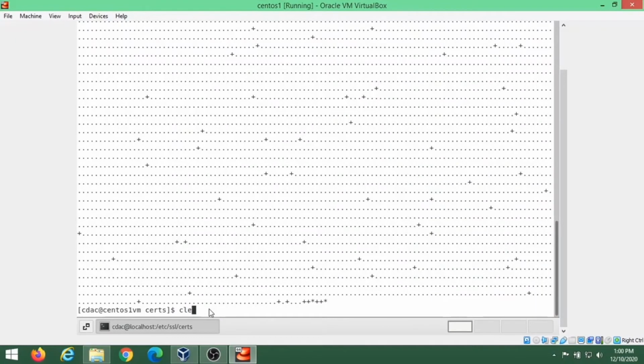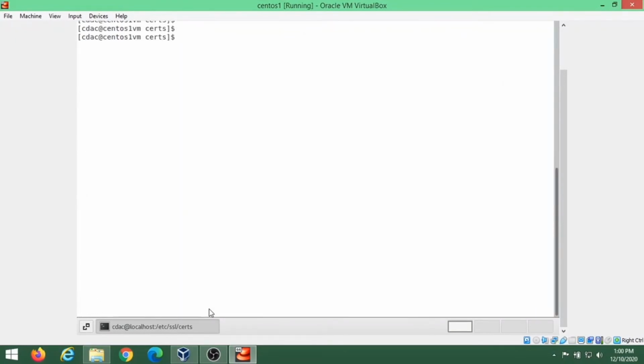Since the version of Apache that ships with CentOS 7 does not include the SSLOpenSSLConfCmd directive, we will have to manually append the generated file to the end of our SSL certificate.